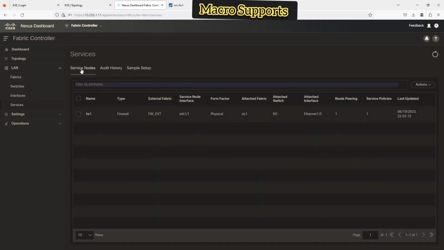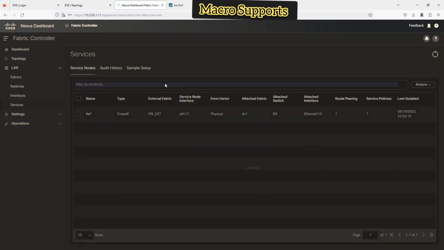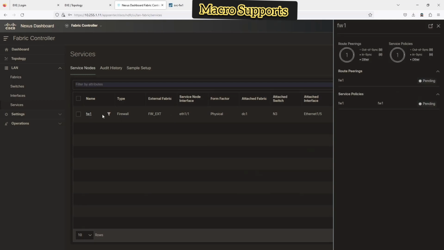Service nodes. Sample setup. So you have your service node comes first, right? You had to create your service node. Then the route peering. You can do static or dynamic if you want to. Then the service policy is, okay, traffic from host A to host B has to go through the firewall. So if I come in here, firewall 1, and dig into this,